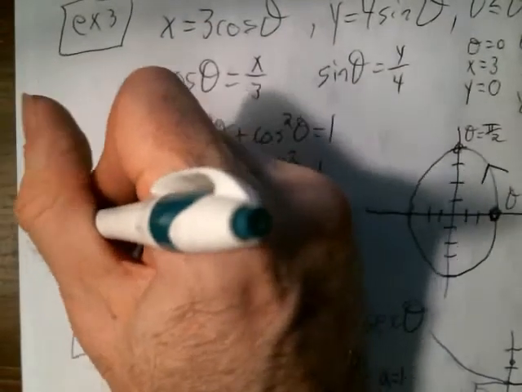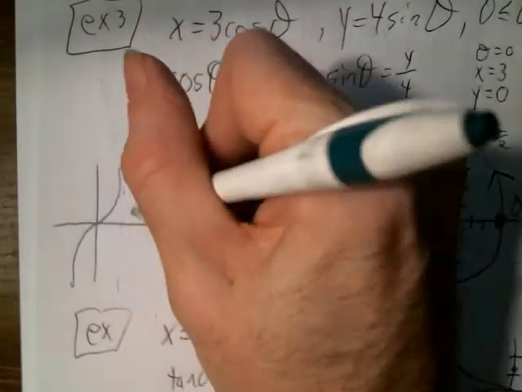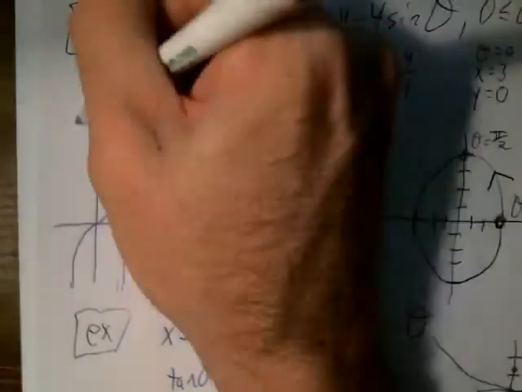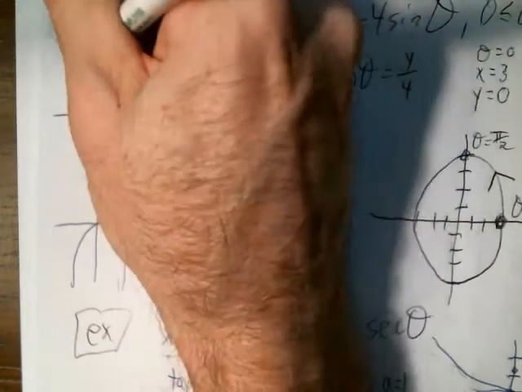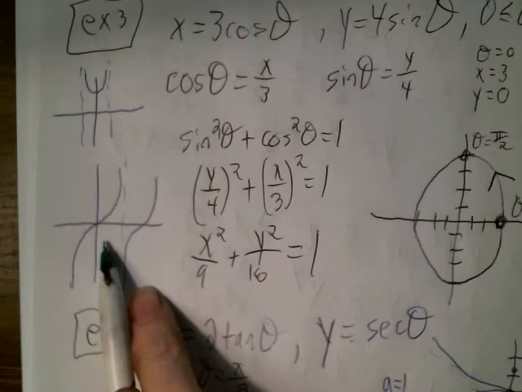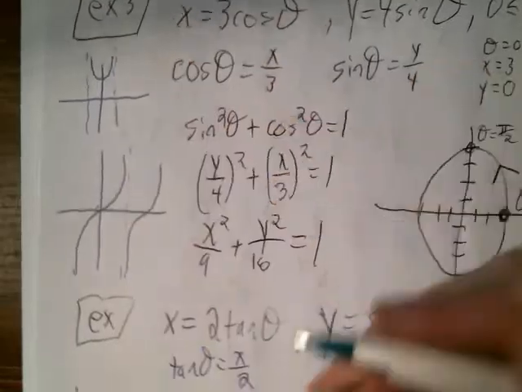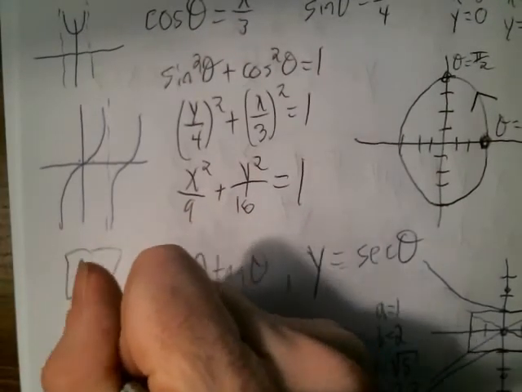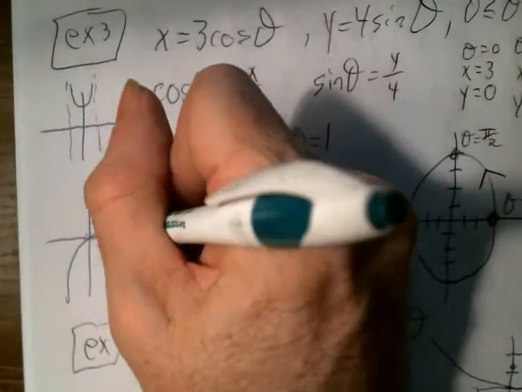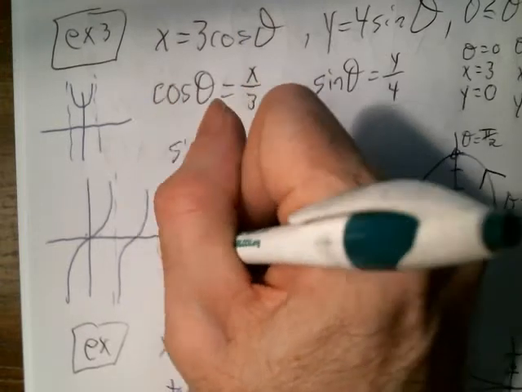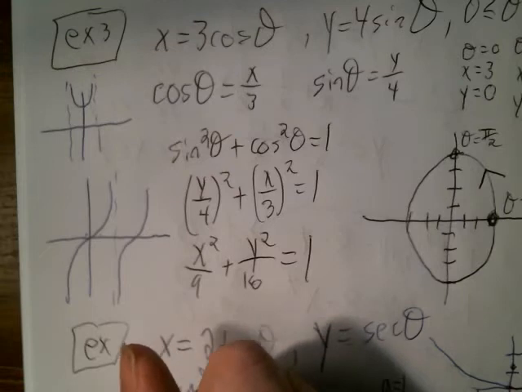And so for tan, it's always continuous from negative pi over 2 to pi over 2, and so on. For secant, that's just 1 over cosine, so it's going to have continuity in the same kind of intervals that tan has continuity in. Okay? So you could pick 0 and then pi over 4, and then jump to this next interval from pi over 2 to whatever. So we'll say then we can't use pi over 2, but we can use,